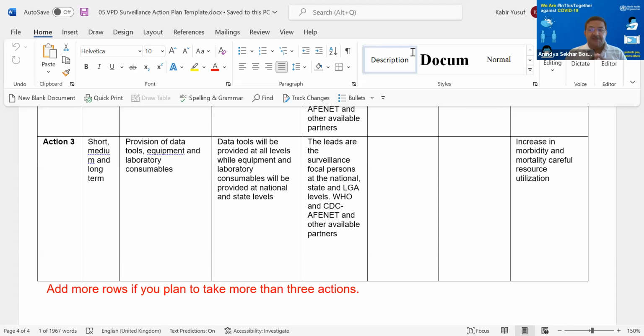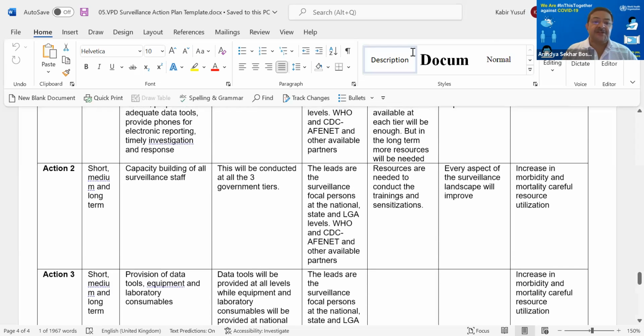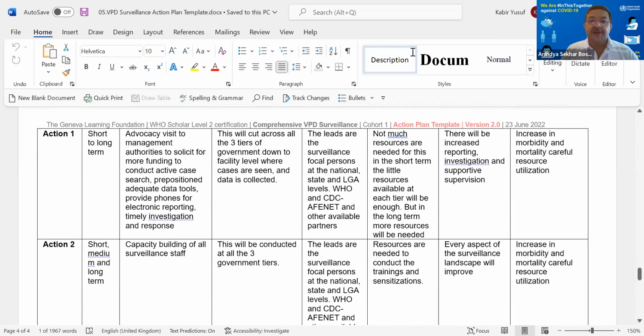And when I say this, please do not take this as WHO guidance. This is based on my experience in several countries. So what I say is not a dictum that you have to follow. These are just suggestions. I'm sharing my experience of how some of these problems can be solved. Also keep in mind that these are not a panacea that will be applicable everywhere. Perhaps none of these will be applicable in your country, or some will. So you pick and choose and see what you can fit.